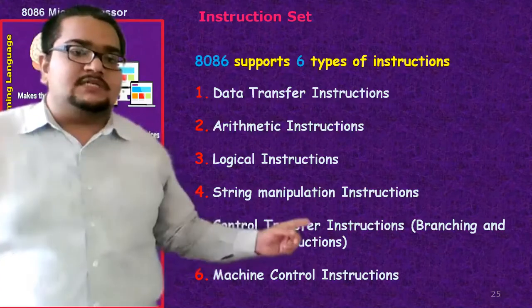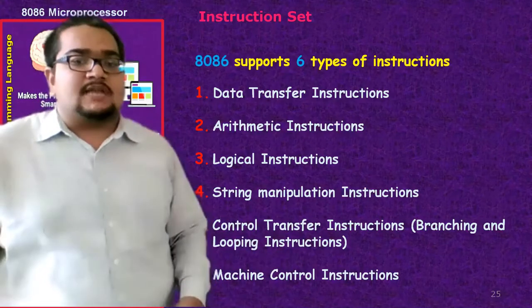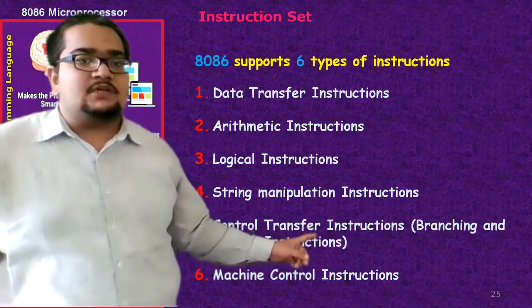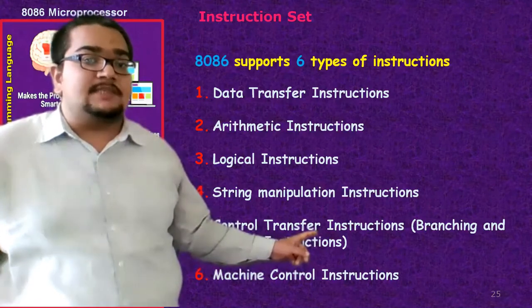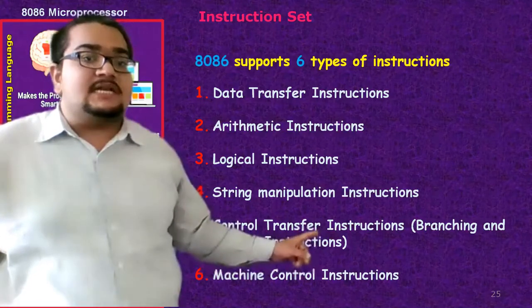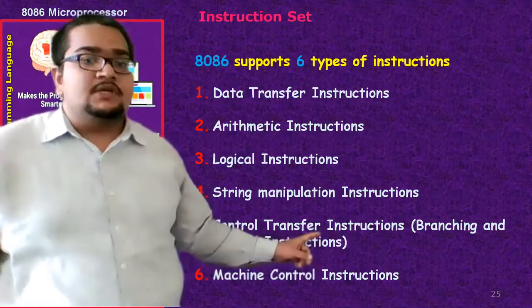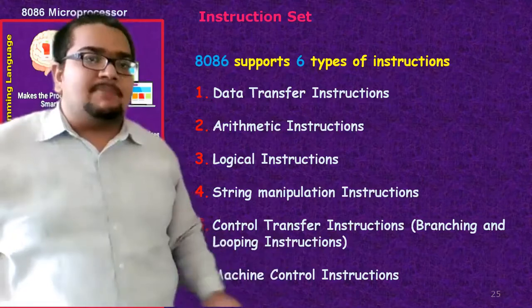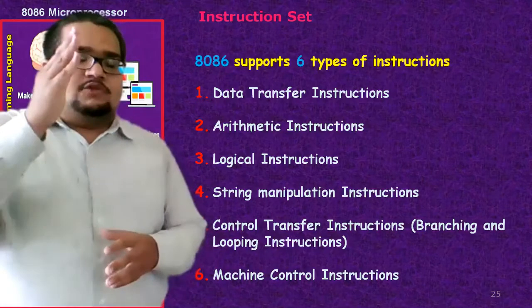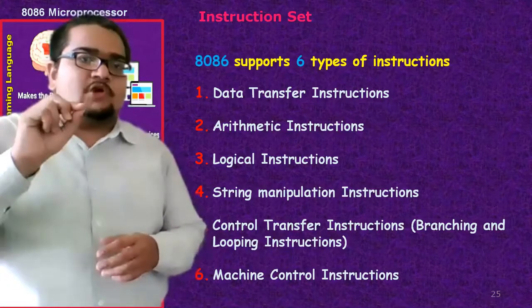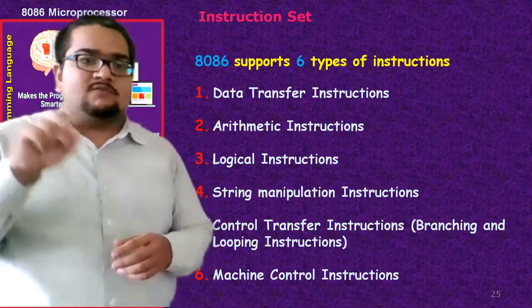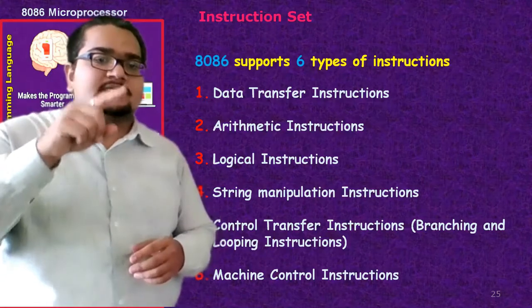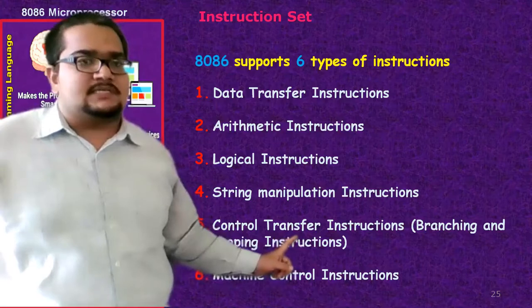Anyhow, okay, I will just proceed with control transfer instructions. As I talked earlier about relative addressing, where jump instructions are used, conditional execution jumps. So all the branching and looping instructions will be discussed under this group. Branching and looping means you are executing from top to bottom. At a certain point, you have to jump to another place, either a forward jump or loop it backwards. So all such instructions will be discussed here.